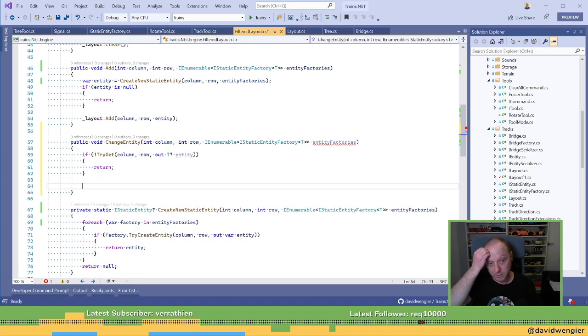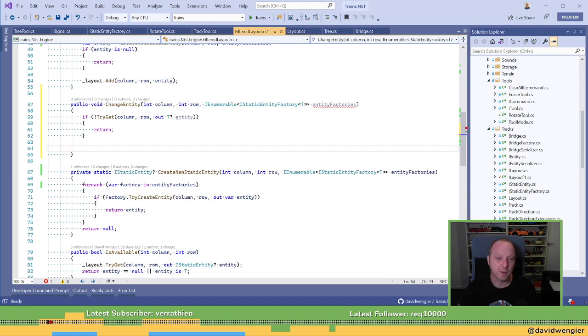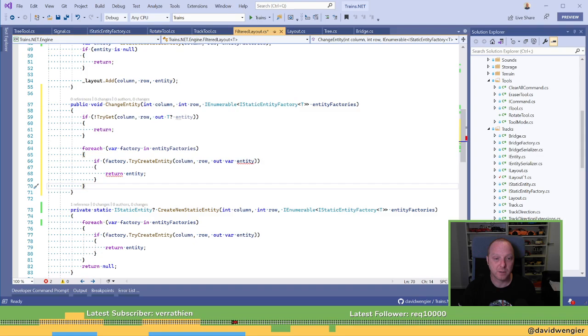But otherwise, what are we doing? We are looping through all the entities. New entity.